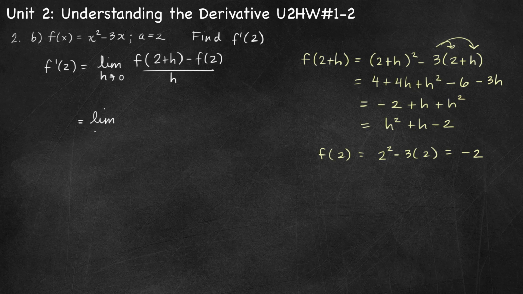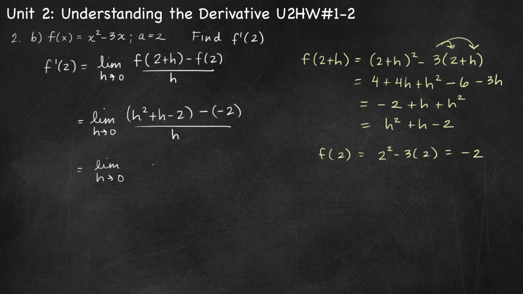So we want the limit as h approaches 0. f of 2 plus h is h squared plus h minus 2, minus f of 2, which is negative 2. So all of that over h. And this is going to be the limit as h approaches 0 of h squared plus h. Then here we have minus 2, and if we distribute that, plus 2. So the minus 2 plus 2 is just 0